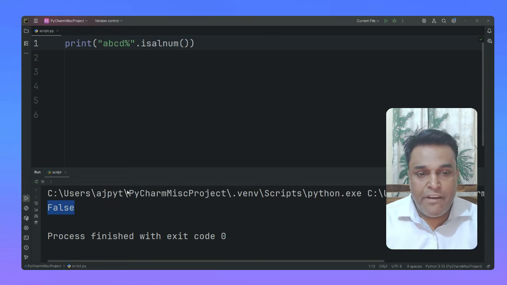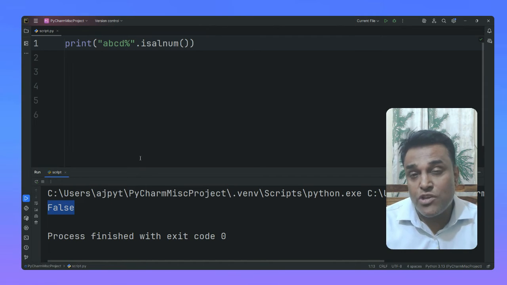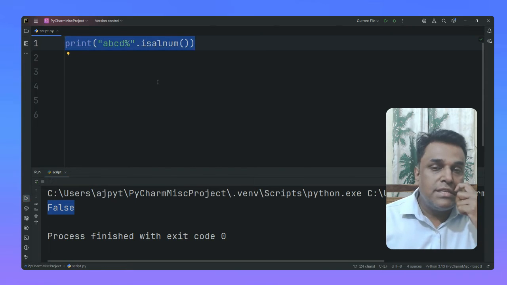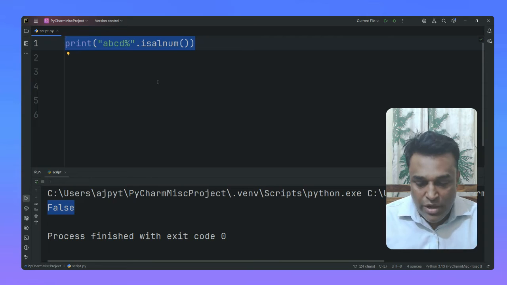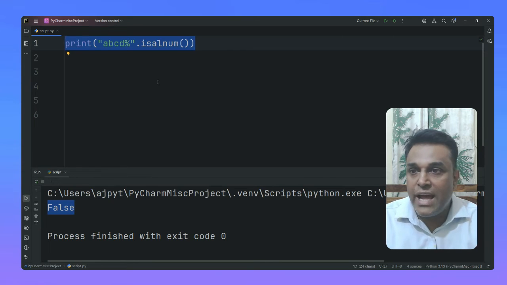Now comes my favorite method, and that is the split method, the split function, which normally I use a lot in my coding. So what this method does is it is going to split the string into tokens, and it is going to return that as a list. Okay, for example, if I do something like this,